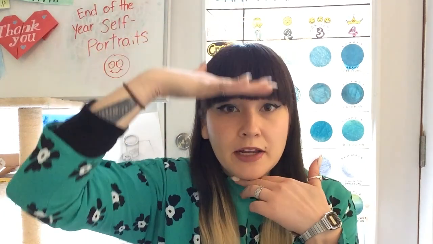Like the shape of your face, it's usually going to be like an oval-ish shape. There's also going to be usually two eyes, and the location, that's the placement of your eyes, is usually going to be about halfway down from the very top of your head to your chin. And we'll be talking about that in a little bit more detail in a second too. And it is very helpful to know what those common proportions are in people when you do a self-portrait. If you know the proportions, you can kind of use your head as well as your eyes and your hand